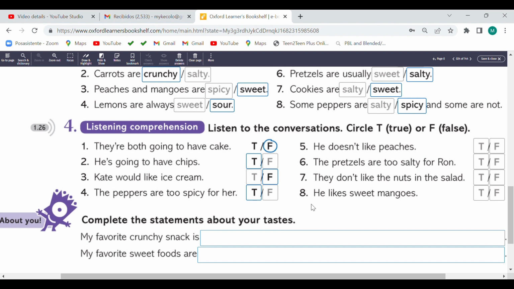True or false? False. Number 6, the pretzels are too salty for Ron. True. Number 7, they don't like the nuts in the salad. False. And number 8, he likes sweet mangoes. True or false? Correct is true.